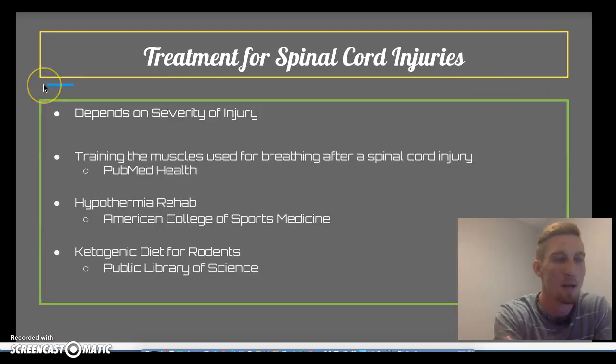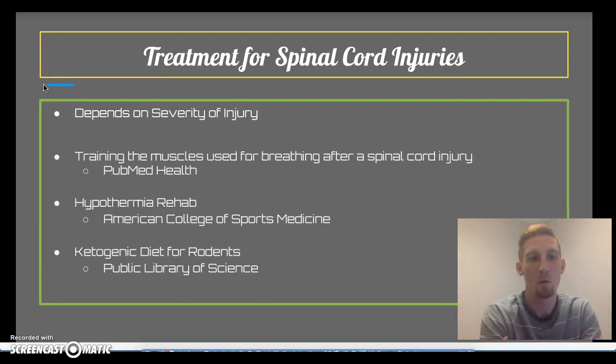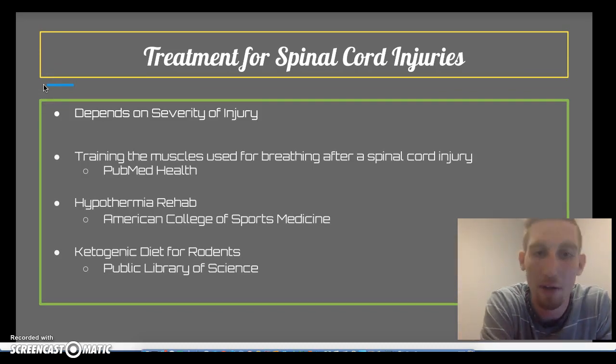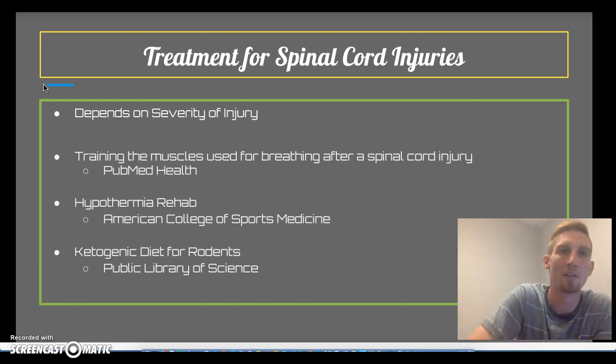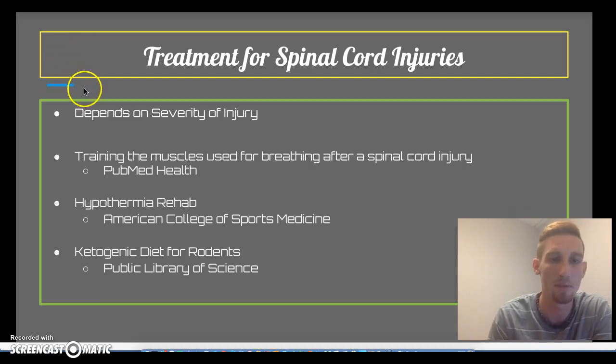Yep. Now there are some different types of treatments for spinal cord injuries, but the main thing is it depends on the severity of the injury. So in Eric LeGrand's case, treatment for him was surgery. He had to get surgery for his fractures. Sometimes maybe they just have a stinging pain or something neurological, nothing real serious. Maybe we can do some different types.